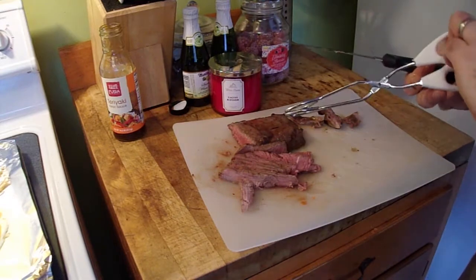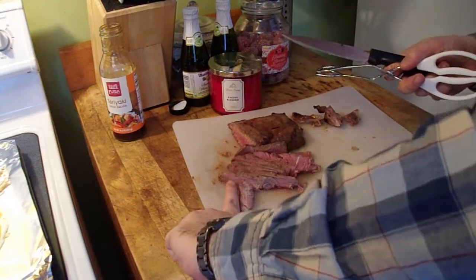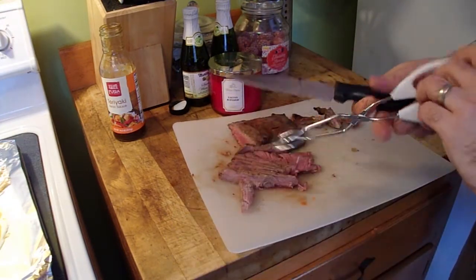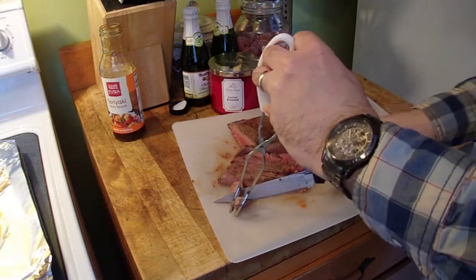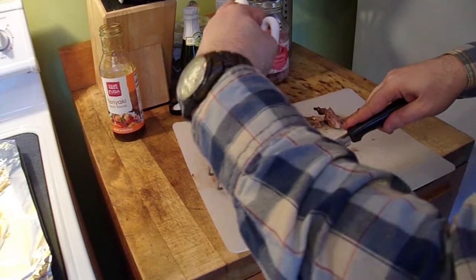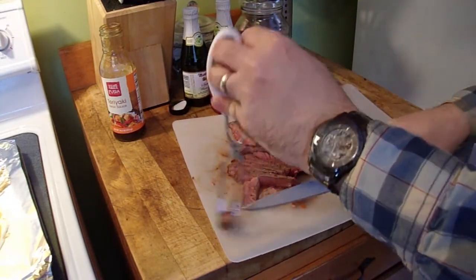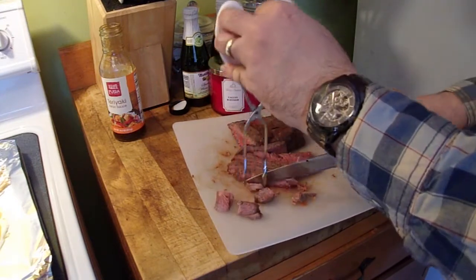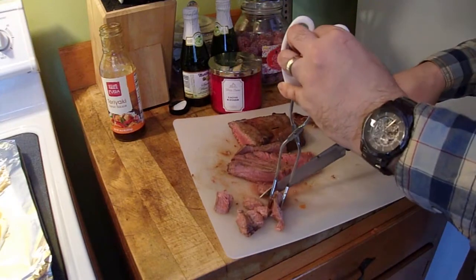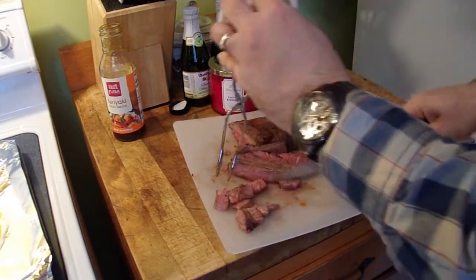And then, you know, this is like the length of my pointer finger from the knuckle to the tip. So we'll probably cut that into like 1-inch strips. It's just a lot easier to eat that way. I mean, we've had this meal several times. It's really good, but if your steak pieces are too big, it's just not enjoyable because you're constantly chewing on steak, and it's hard to eat. So go ahead and cut those up,